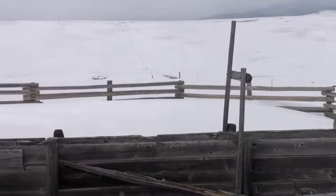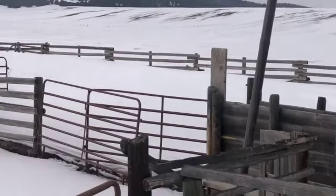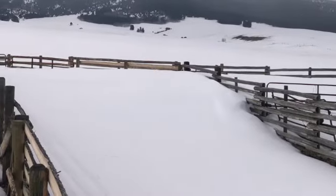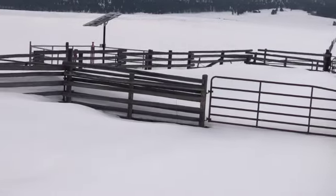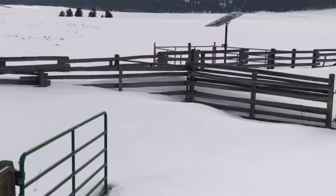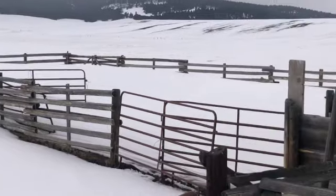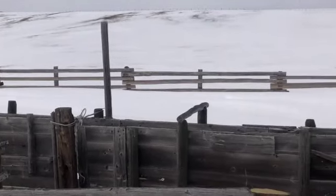Since we're getting to be 2 or 3 weeks away from branding, thought I'd go check these corrals out where we usually sort and brand, because they're kind of on the way to summer pasture and in a good central location. But those are about 5 to 5.5 foot high trail fences, and they're pretty well snowed under, so it might be longer than a couple weeks before we can